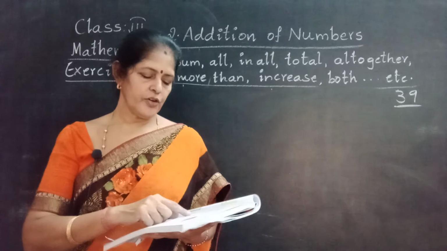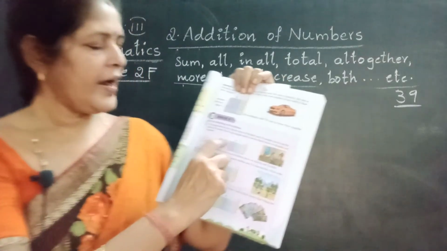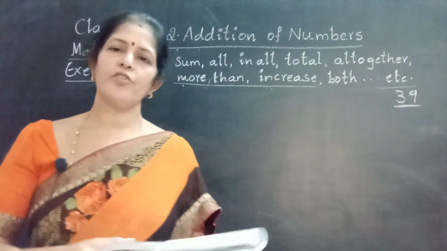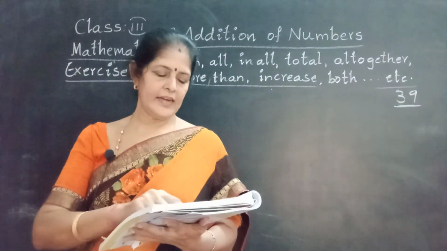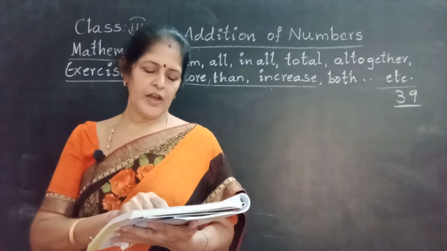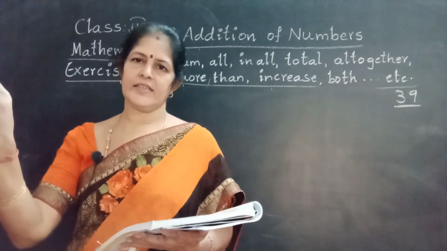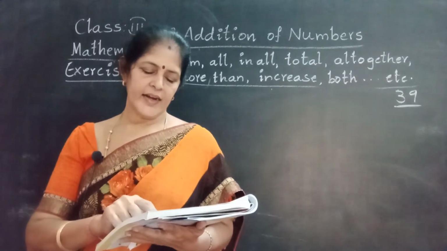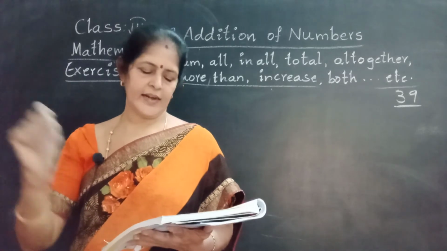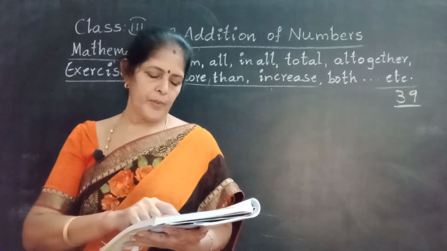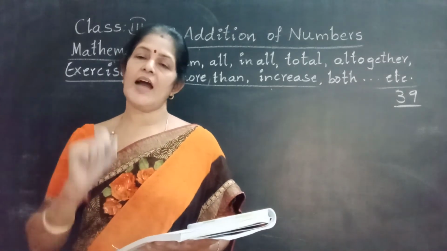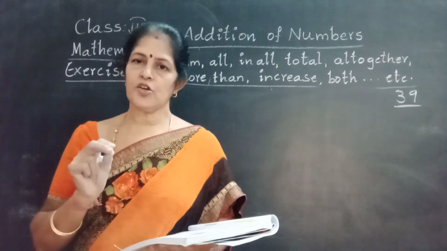Here, how to write? Here they have given simply Monday, Tuesday. But you have to write the steps. You have to underline here. 243 people went to see the flower show on Monday. Underline that. Next, 125 people went to see the show on Tuesday. Underline. Next, people went to see the flower show on Monday and Tuesday. Last sentence. That is important.